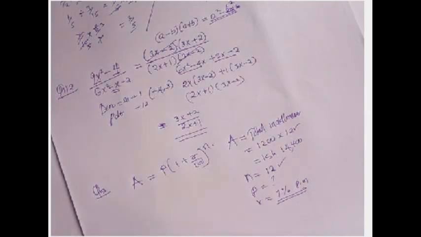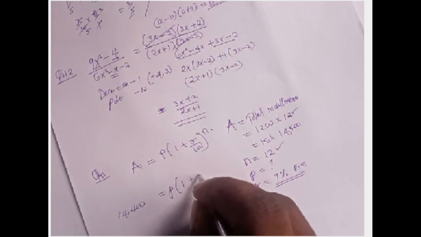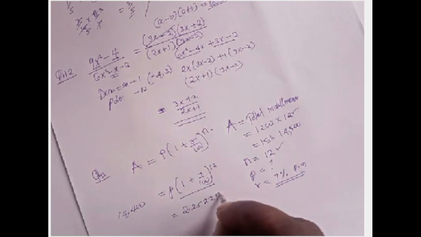Now we substitute the information in the equation. So 14,400 equals principal times (1 plus 7 over 100) raised to 12. Working out these brackets, it gives us 2.2522 principal,